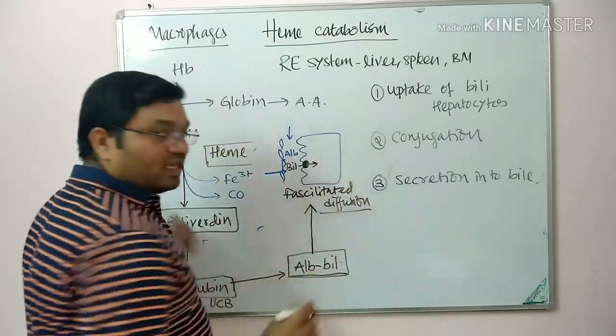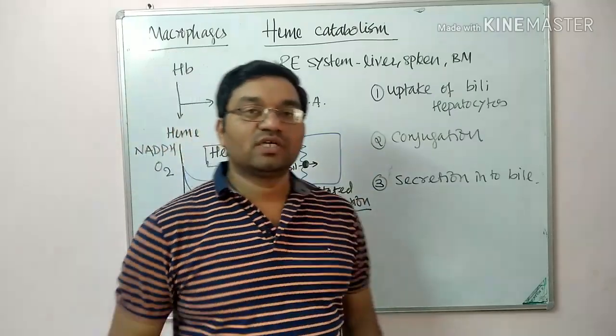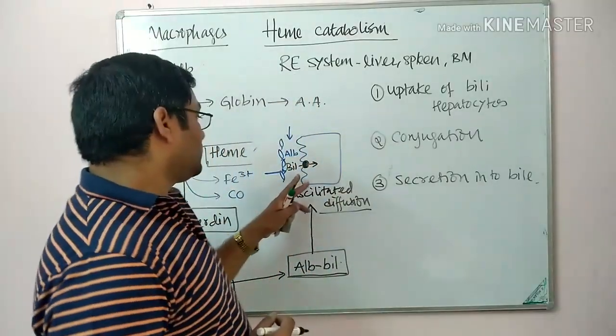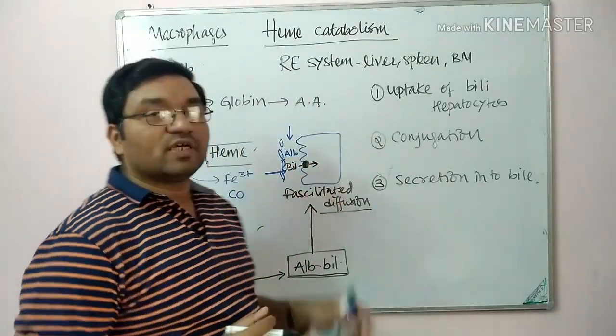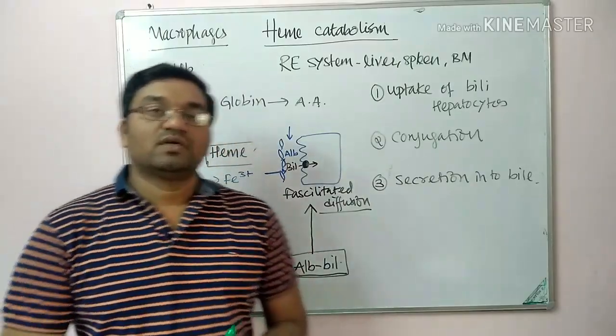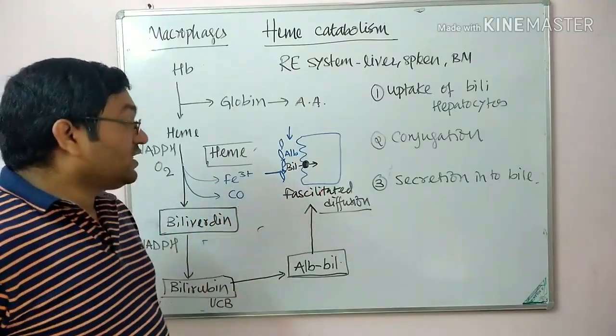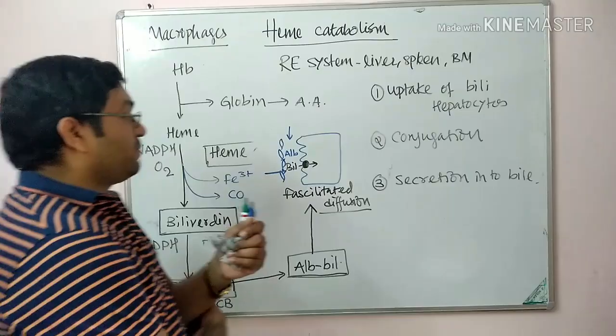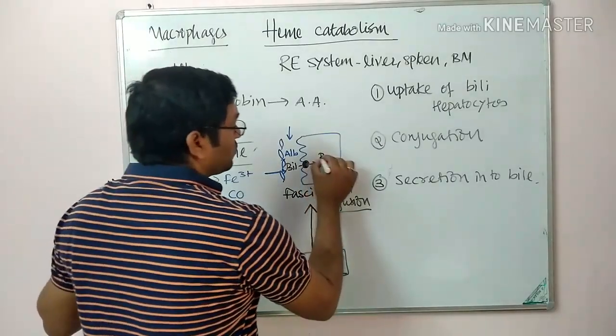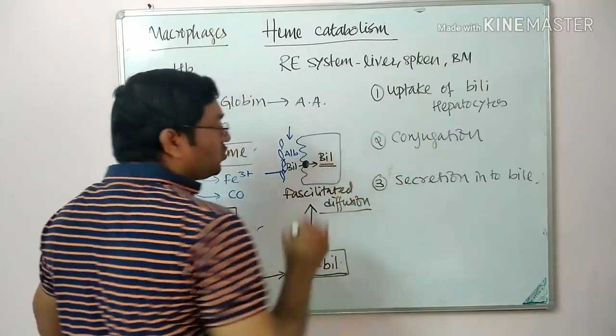And it has very large capacity. Even in pathological conditions, bilirubin uptake occurs in the hepatocyte without any doubt. This is with the help of facilitated diffusion, and once it gets into the hepatocytes, there are two